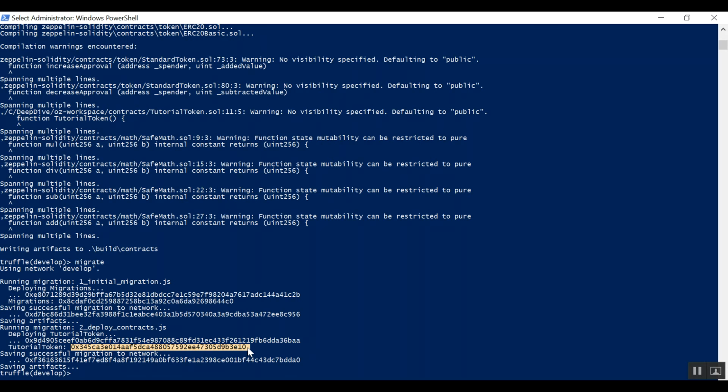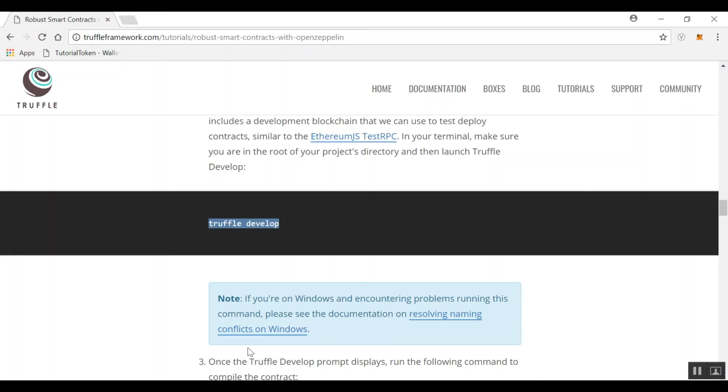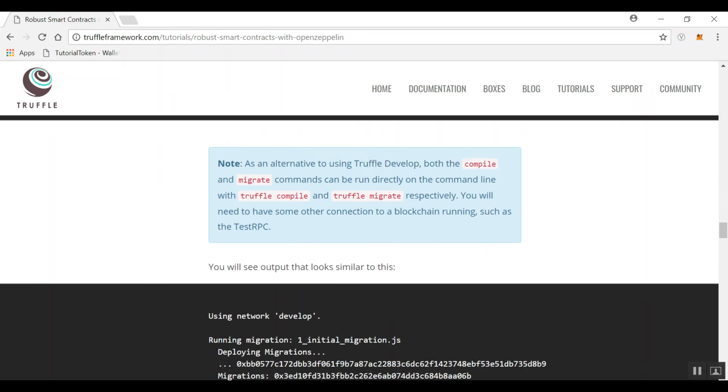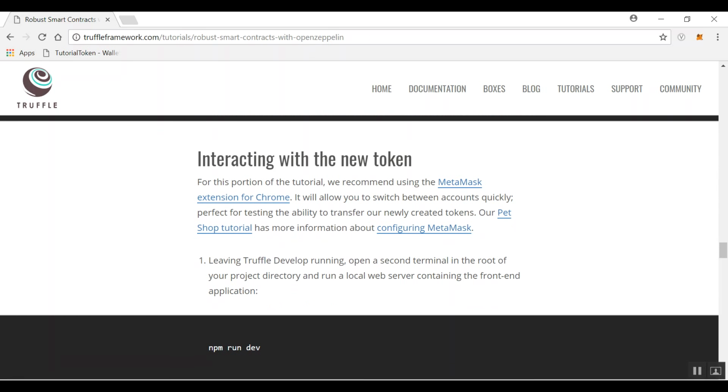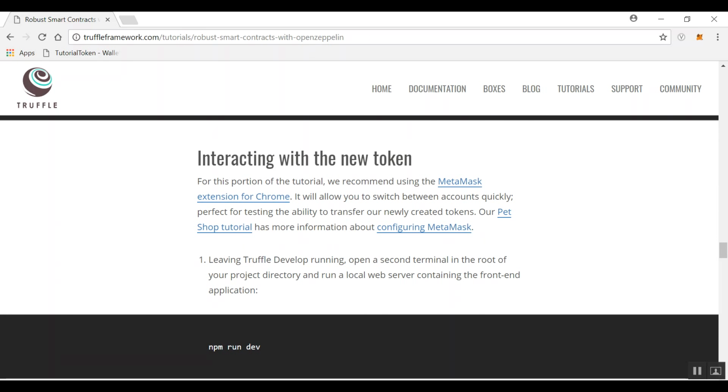So we are all good to go. In our Truffle Develop blockchain, we have deployed the contract. Let's see our next step. From now on, we can interact with the new token. In order to interact with the new token, we have already downloaded the web files and the interface that is required to talk to this blockchain. So in order to serve the web files that are needed to talk to the smart contract, we need to run npm run dev